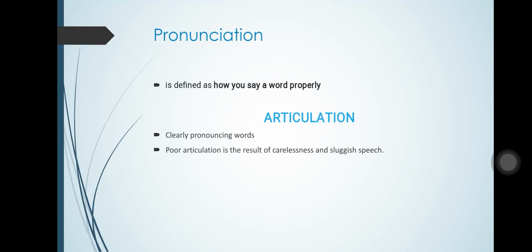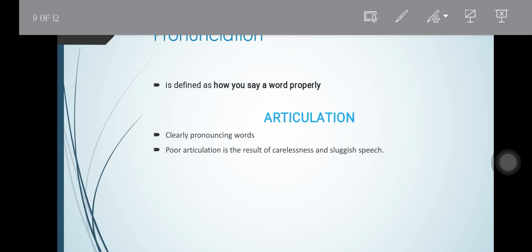So, in other words, we should not speak in a style that makes us sound too hi-fi, especially if we're talking to professionals or in a formal setting. So that is for pronunciation and articulation. For pronunciation, you just say it properly, but for articulation, you need to say it clearly. That is the difference between them.